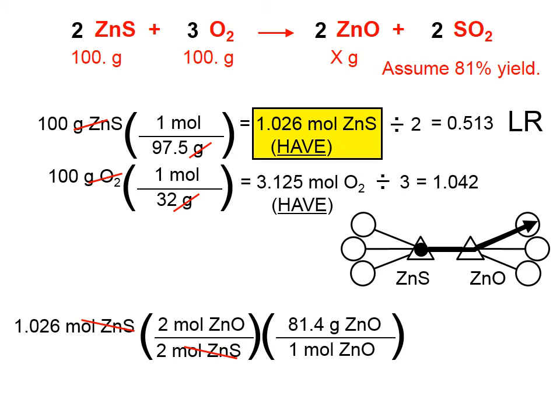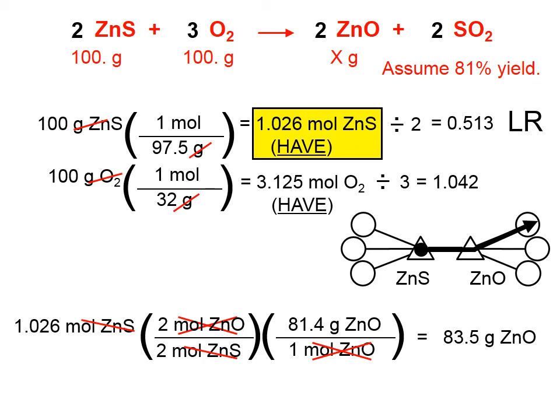Check it out. The molar mass of zinc is 65.4. The molar mass of oxygen is 16. There's one of each of those in that formula. Add them up, you get 81.4. Moles of zinc oxide cancel, and we can calculate the grams of zinc oxide that we would get if the